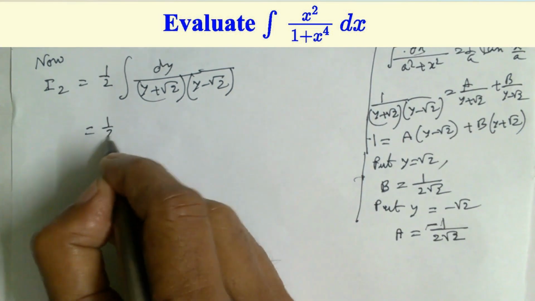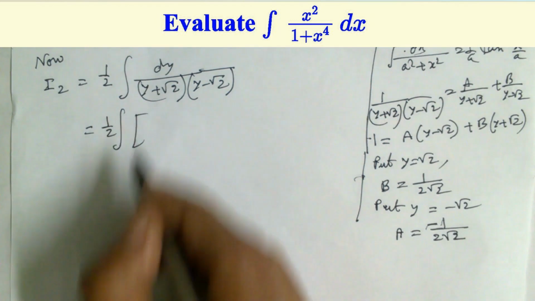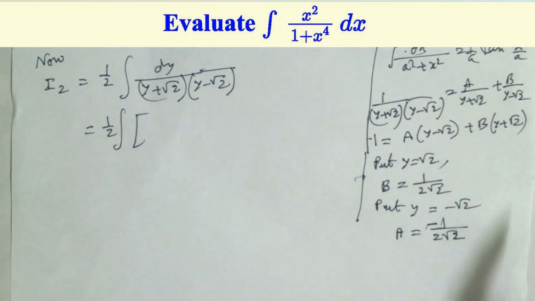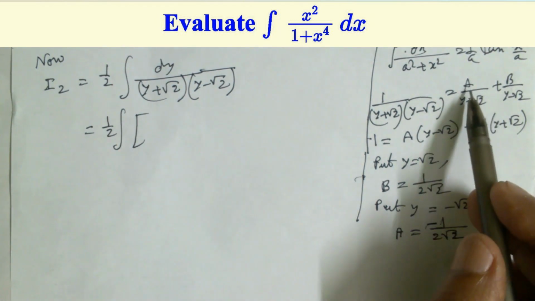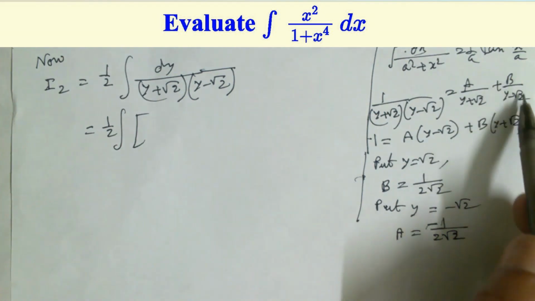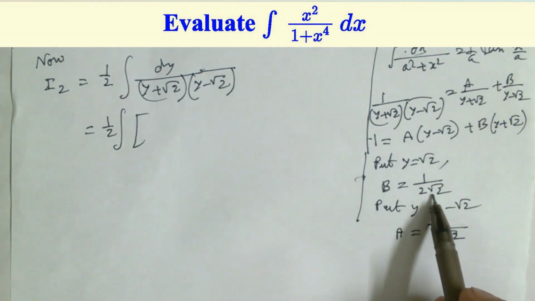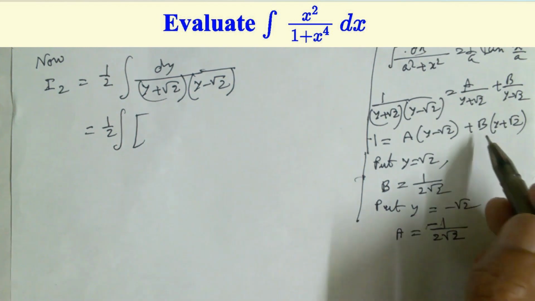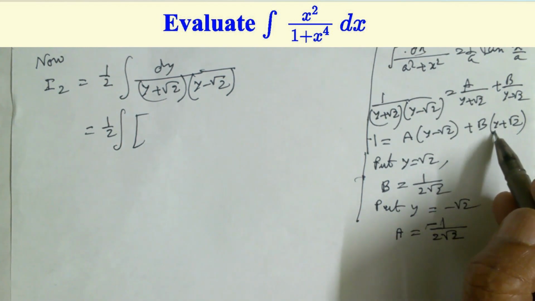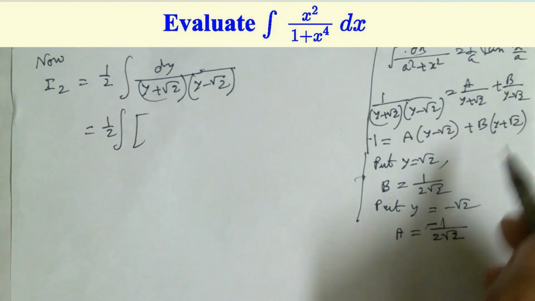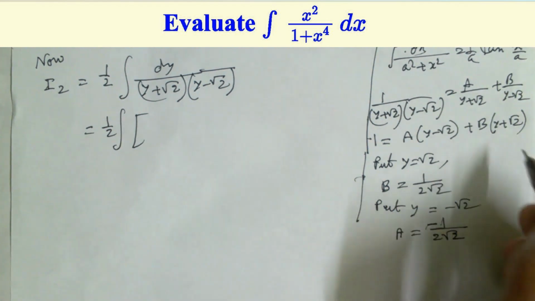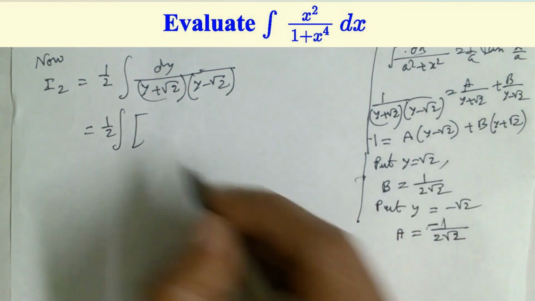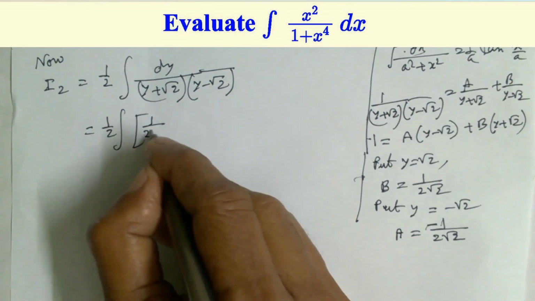So half integration, first writing the negative term, so writing first b terms. b means 1 by 2 root 2. First writing this 1 by 2 root 2, then